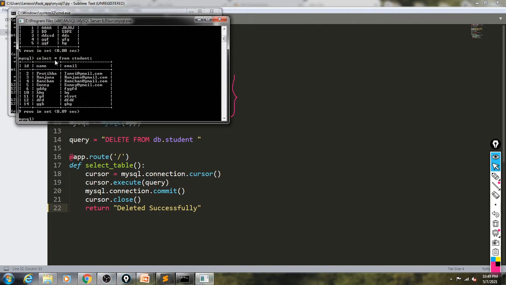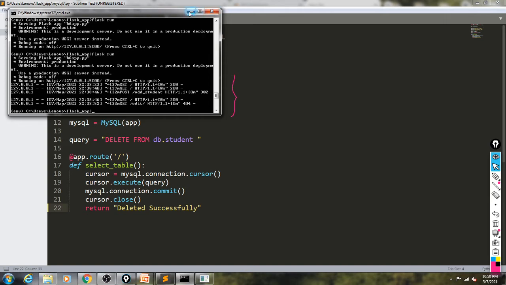So right here select star from student. We are using same database here DB, and we are using student table. So how many records are there? So 9 rows in the set, and we want to delete all records from student.